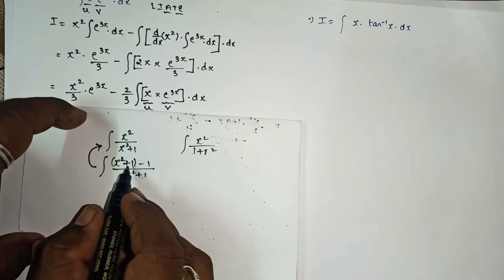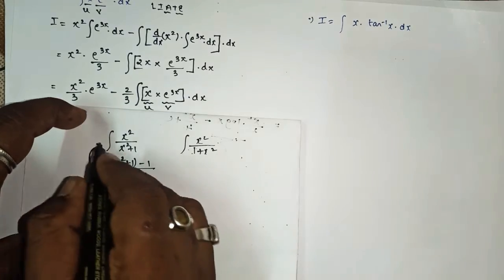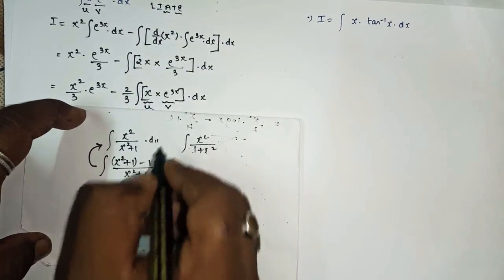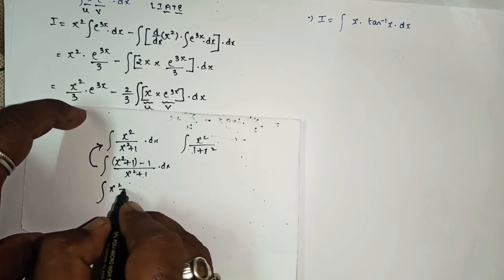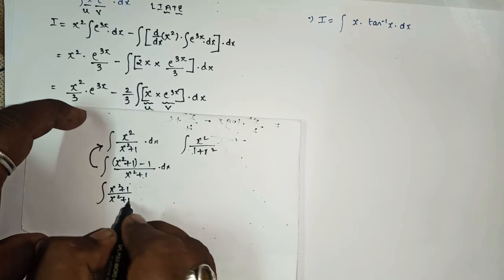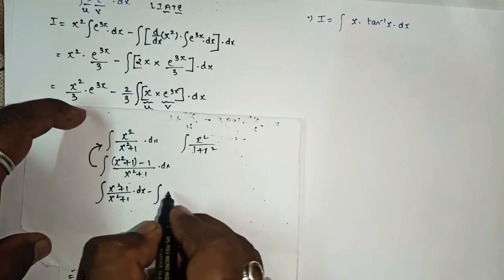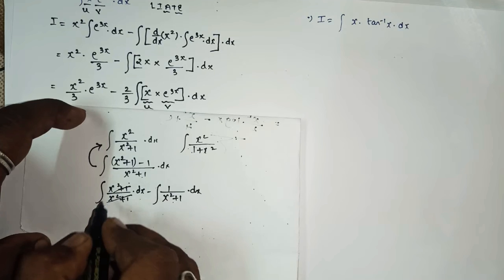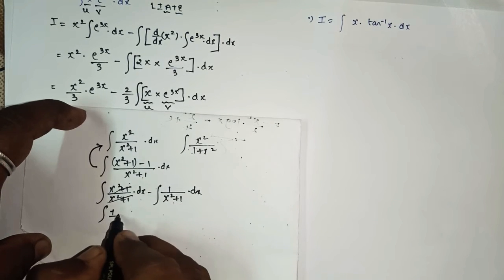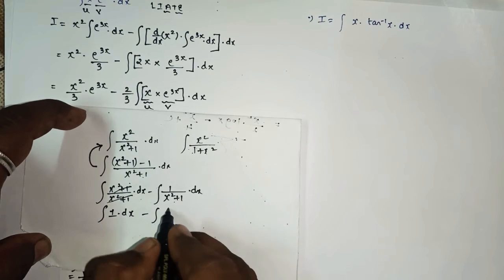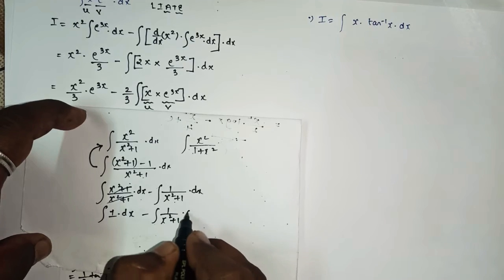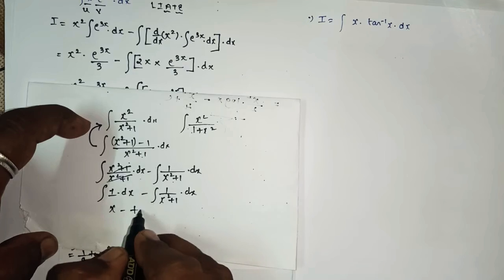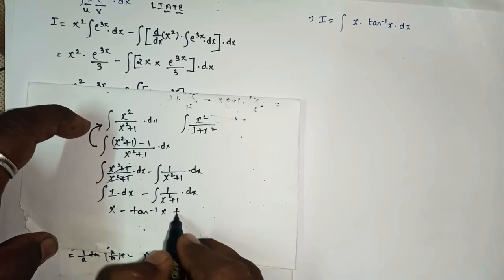Okay, so clearly we can say that the plus and minus will get cancelled, you will get the previous step. Then after this you will separate the denominator for further integration. So here this section will get cancelled, you will be left with 1 upon x square plus 1 into dx. Integration of 1 is what? x, and this we can directly see is the integration of tan inverse, and then plus c.